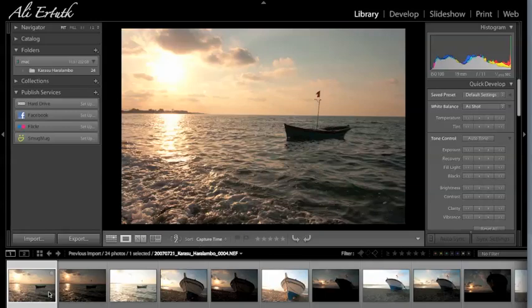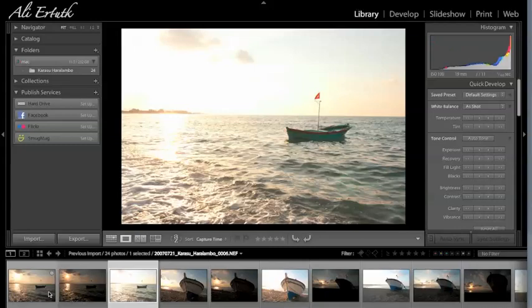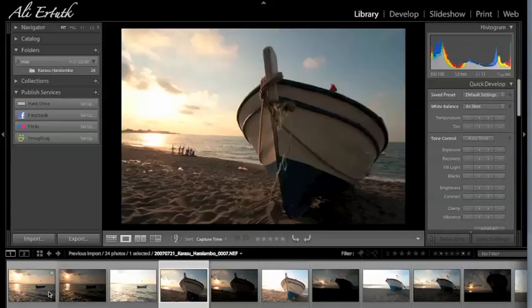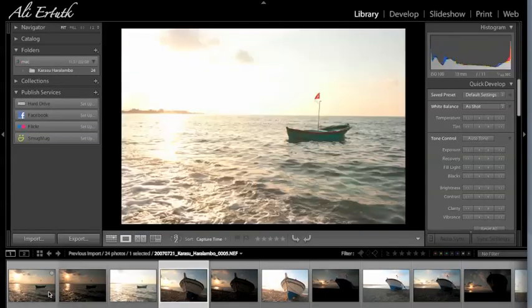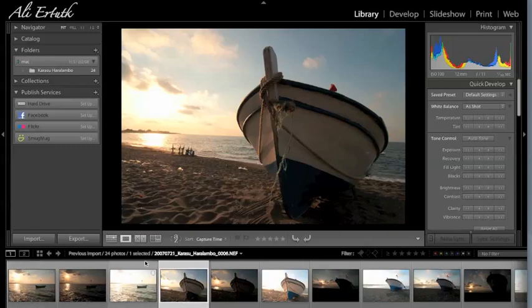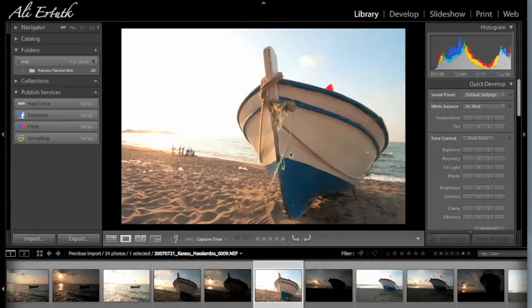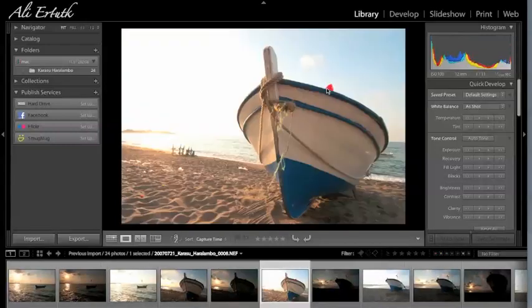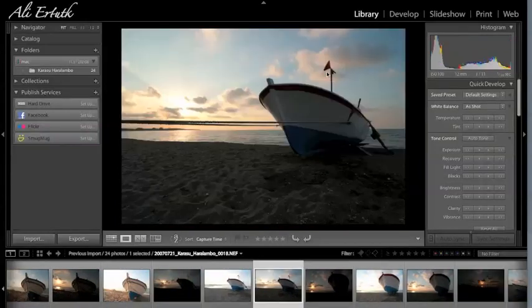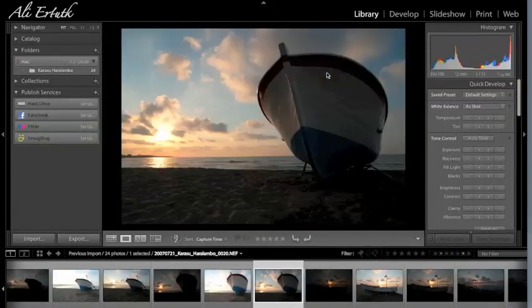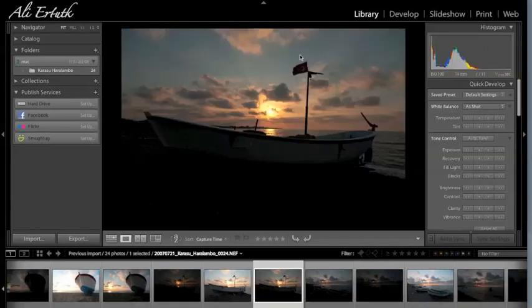So you can see that there is a lot of moving objects. For instance, here. In this case, if you concentrate here, you can see that this rope is moving, and also the flag out there is moving, and the same here, the flag is moving. This is more still, and here the flag is moving,